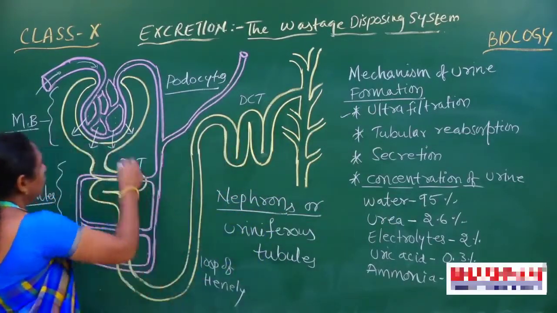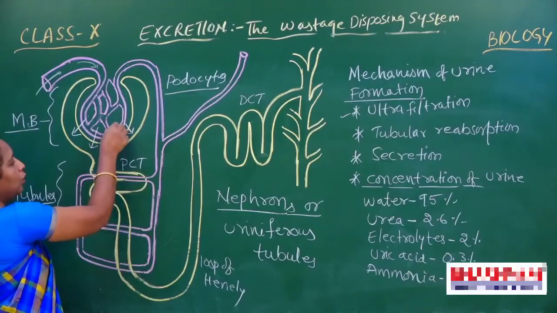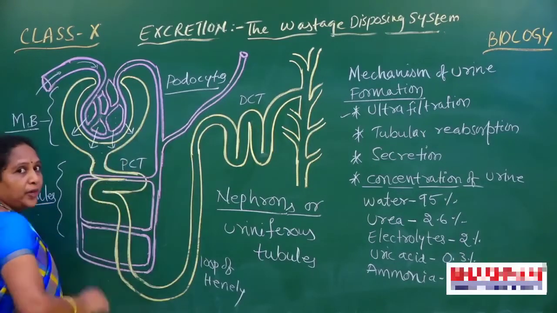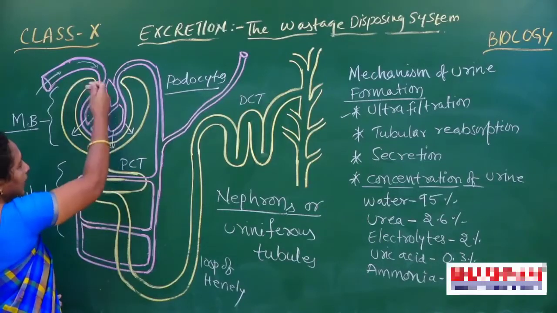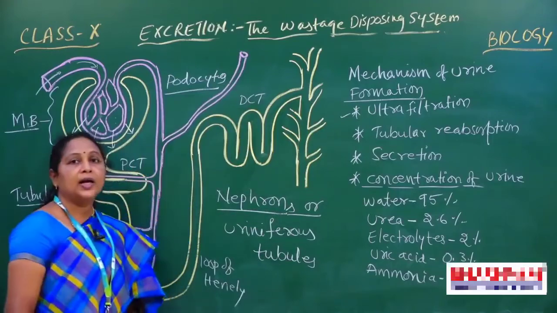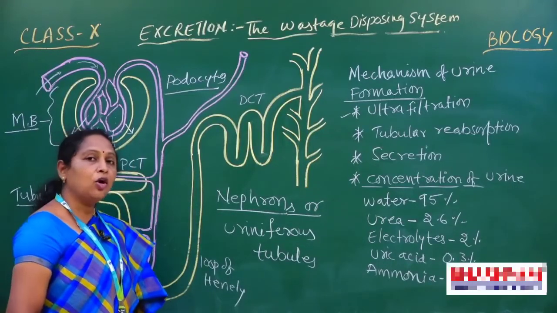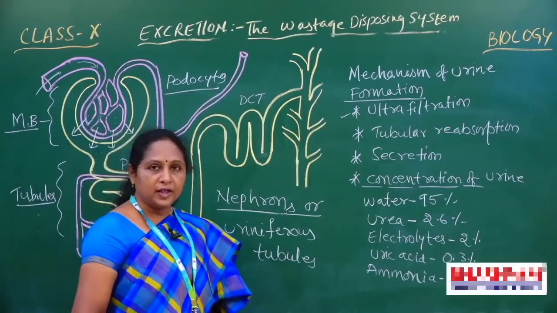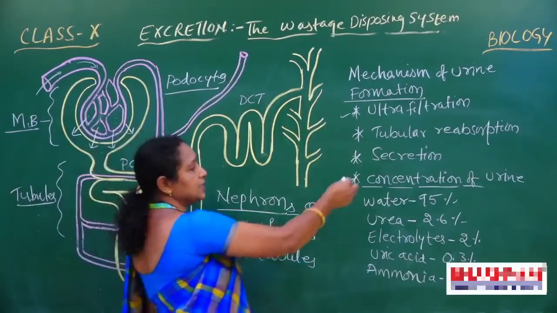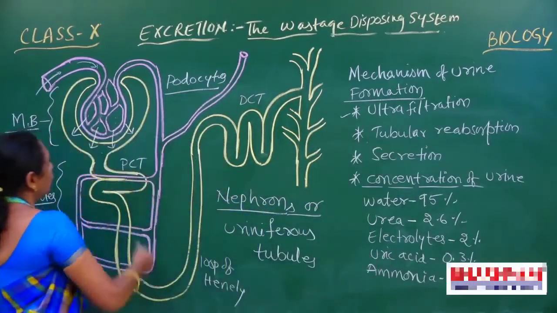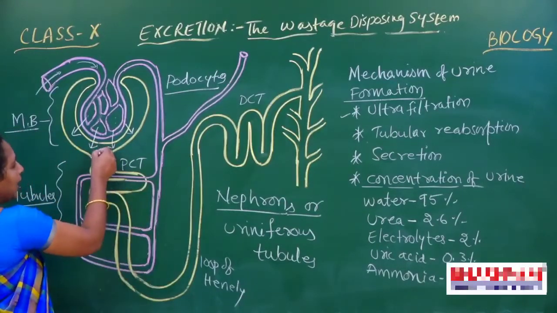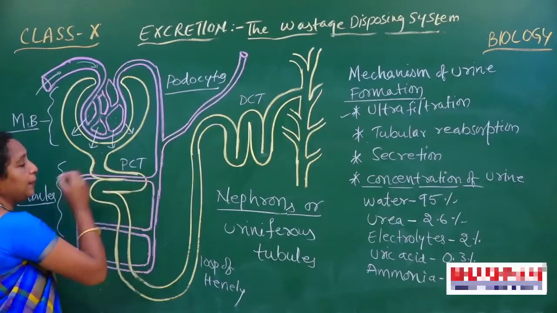So in a glomerulus, in between the glomerulus and the Bowman's capsule, due to effective pressure, the blood may filter. Such type of filtration we call ultrafiltration, or glomerular filtration. Clear now? Then we move to the next step. So here, when the filtrate enters, this primary urine next flows into the PCT.